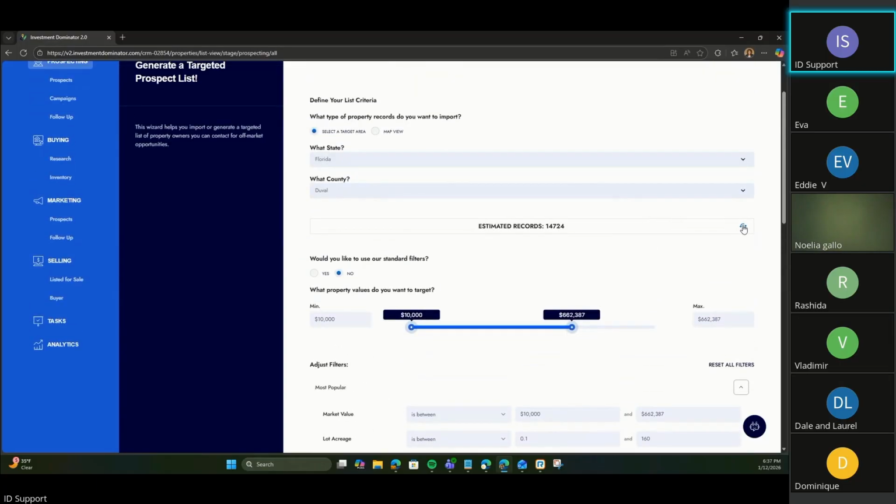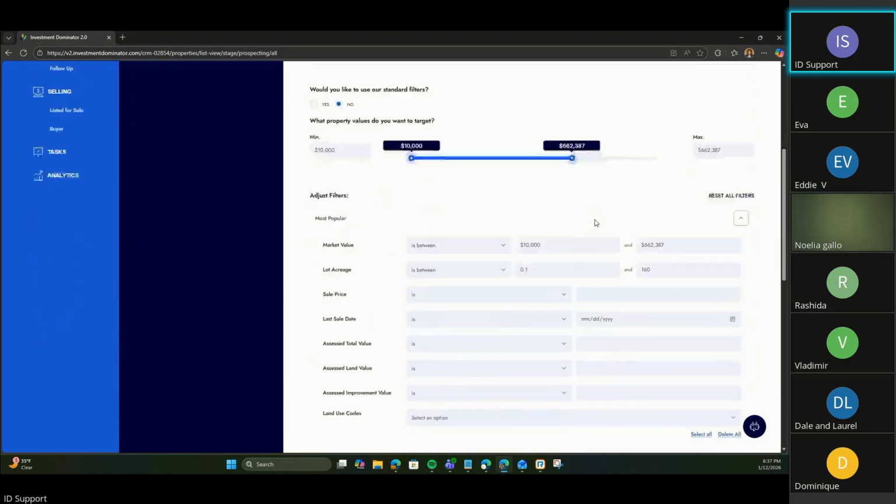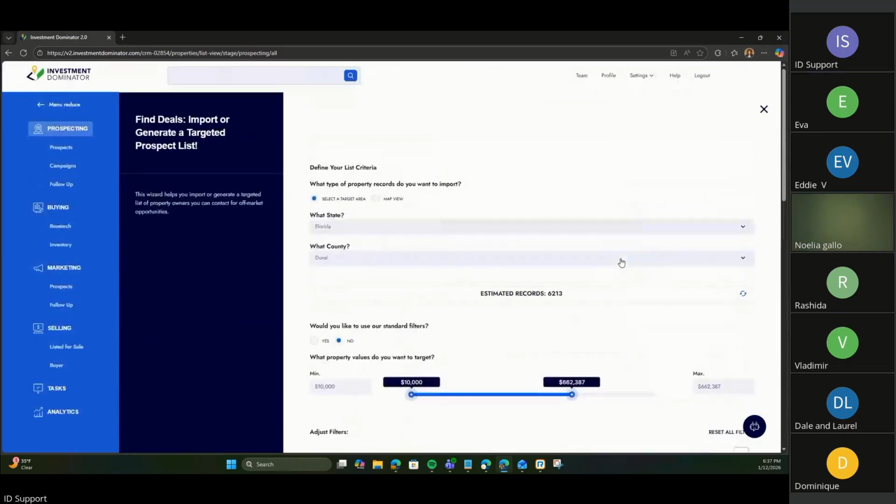So I want to hit refresh here to get a new count to see what I can bring in. As you can see, it's a substantial difference. It's 6,213 now. Okay. So, and I'm bringing them in from,